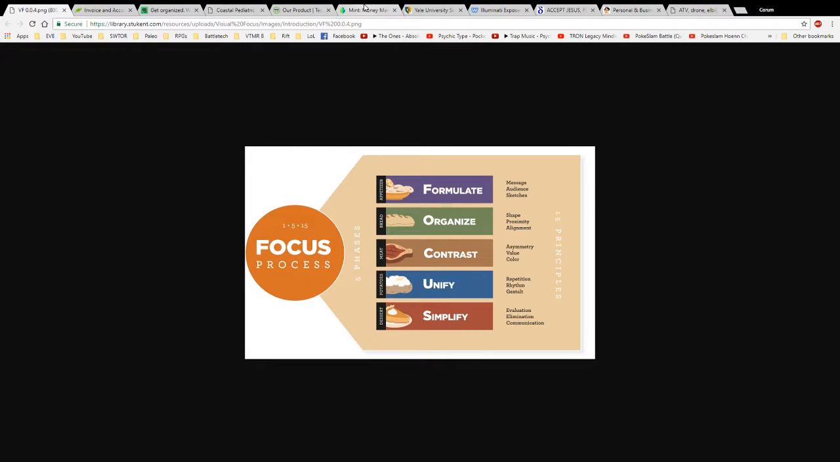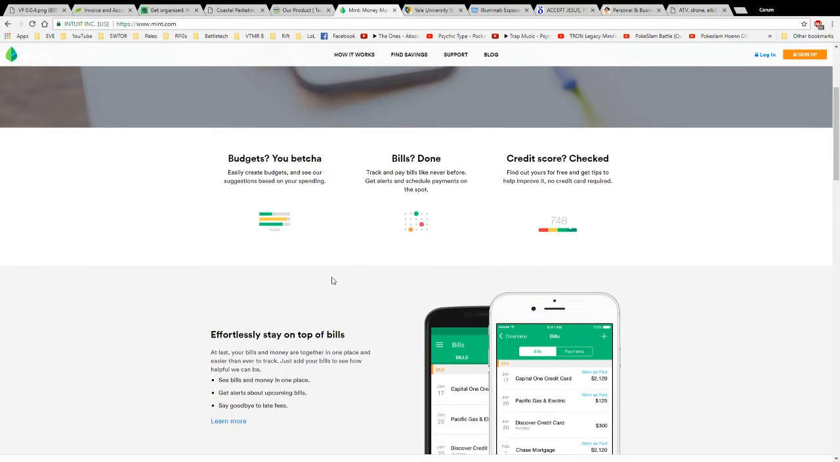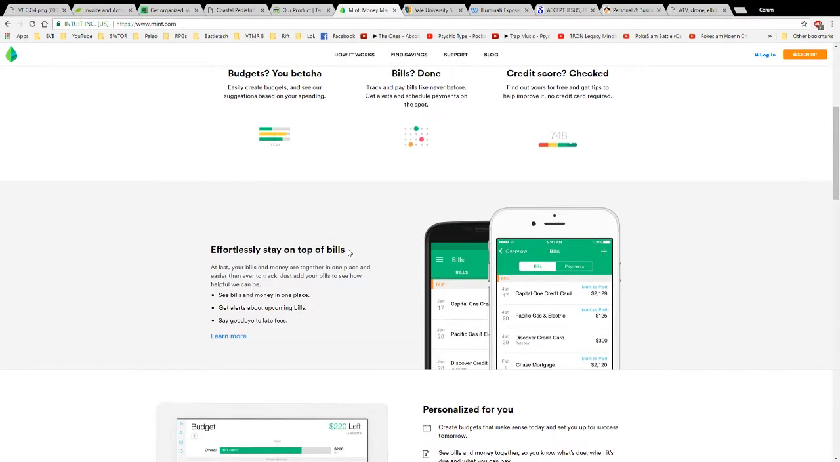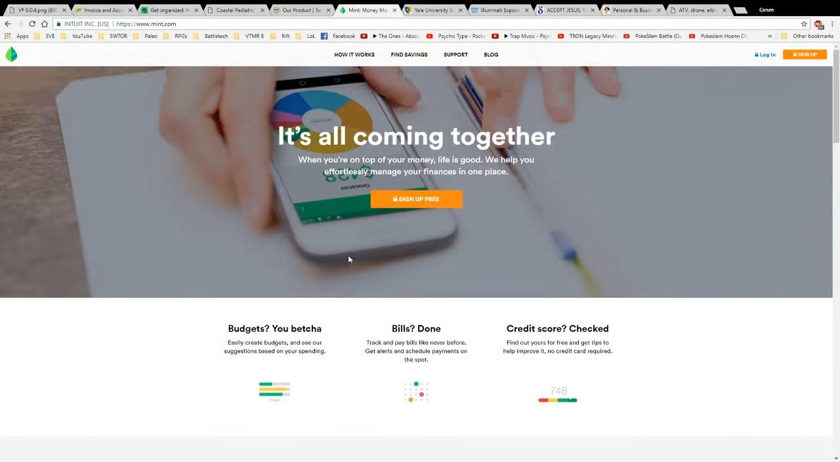Mint definitely communicates well. It doesn't try to clutter your screen either. It just tries to tell you that, hey, this is for you. Just stay on top of any budgets or bills that you need to get done. We'll move on here to the bad